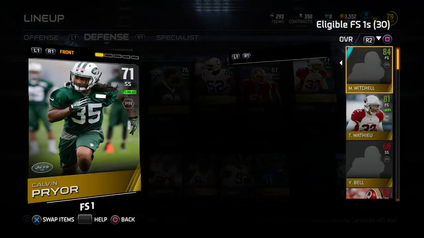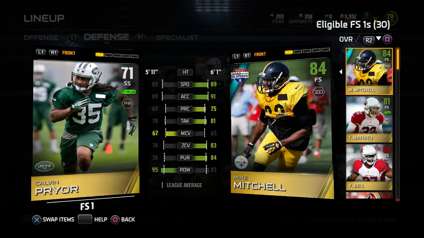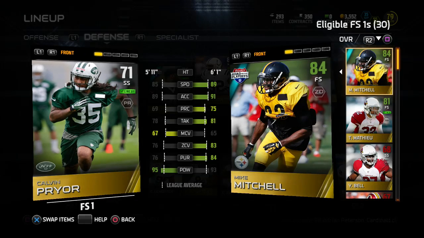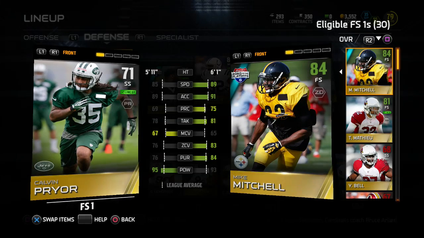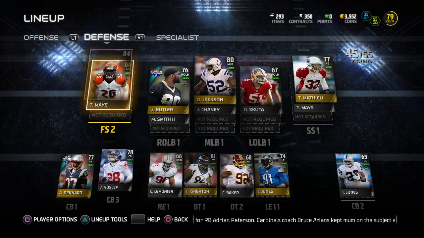But now let's go ahead and take a look at Mike Mitchell versus Calvin Pryor. Yeah, and like I said, Mitchell's pretty much better than him in everything besides hit power, which is only 2 different. A little bit taller than him as well. So Mitchell is definitely the move. We're going to go ahead and put him in there, and we're going to go ahead and end the video,